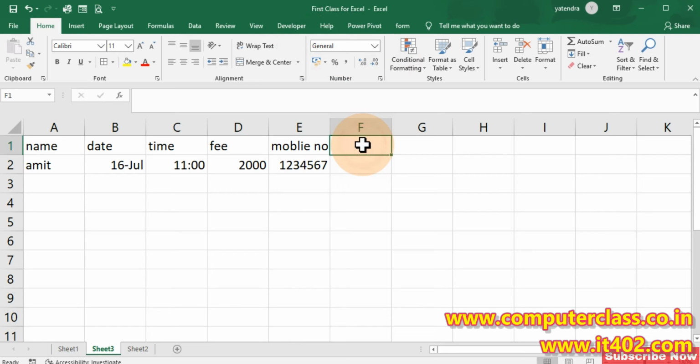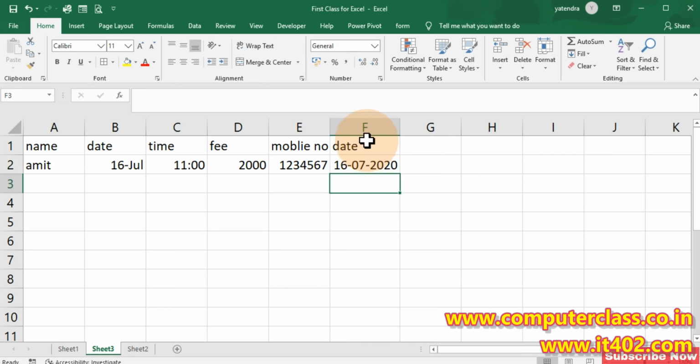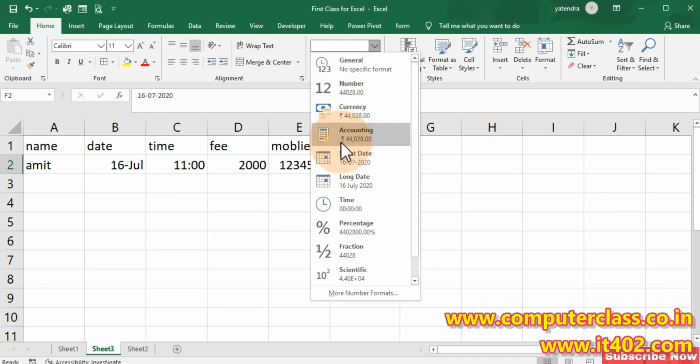For one more example, I am putting a date again, and I want to write the complete date, and after that I will see what it is giving me, General, Custom, or any other message. So now it is giving me Date. That is, the particular cell range we can select, we can give a specific formatting to a particular cell. You can easily understand if I click here. Yes, these all are the formatting of the data.